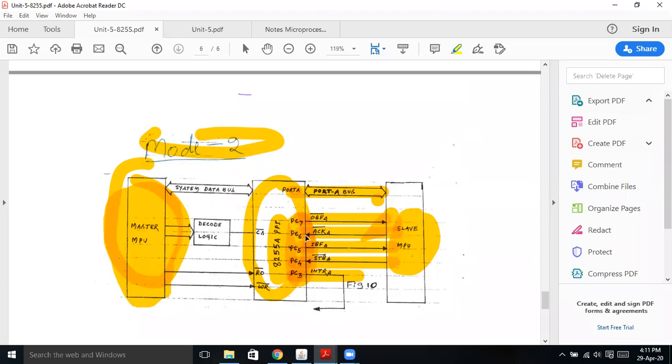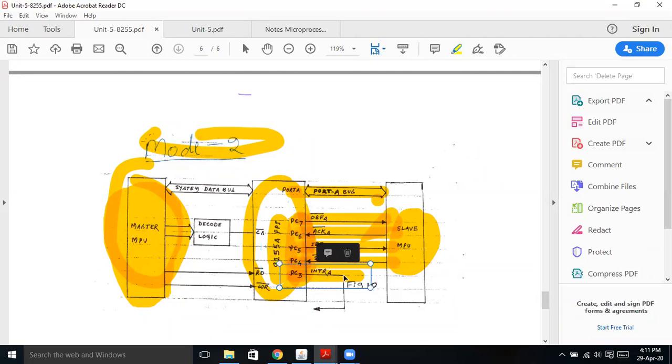And this is the acknowledgement signal: the slave IC is giving the acknowledgement to the 8255 that data is received if the output buffer is not full. This is again the stop signal. This signal gives the idea to the 8255 that if the input buffer is not full, then the slave IC is giving the data to the 8255.